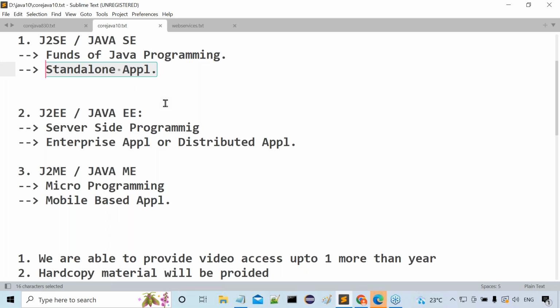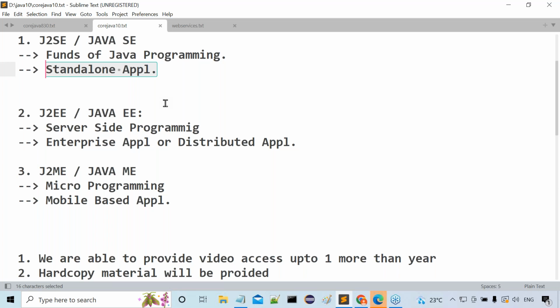Standalone applications. What is a standalone application? If it is an executable application without using client server architecture or without distributing application logic over multiple machines, then that is a standalone application.